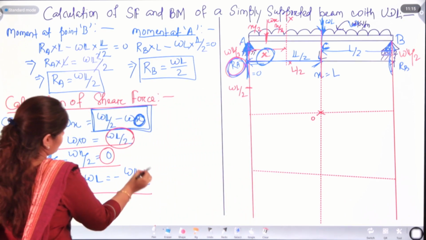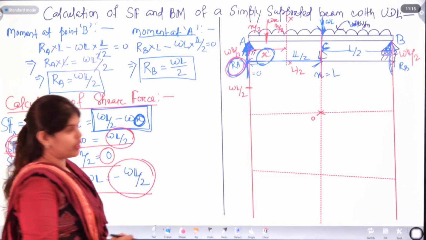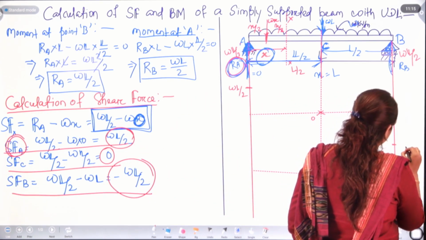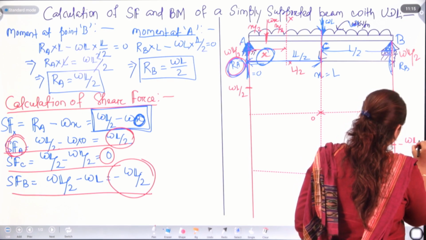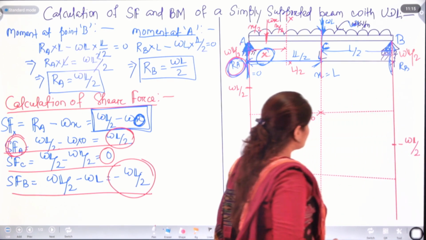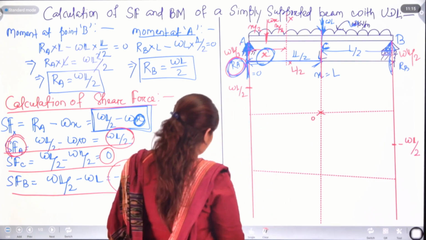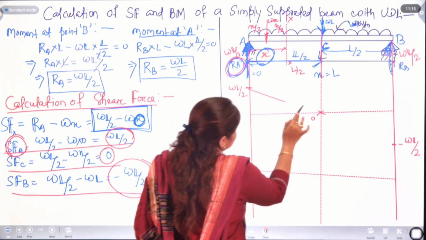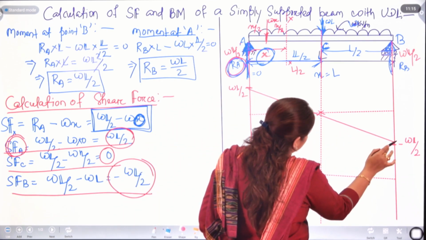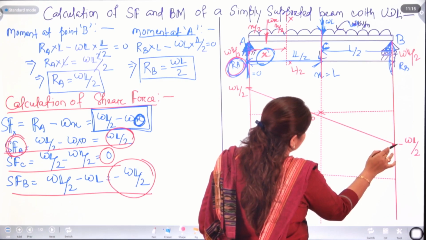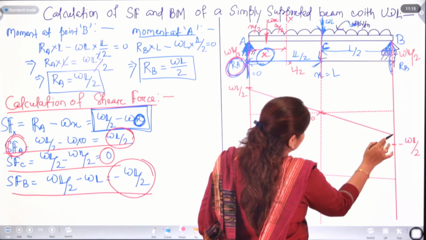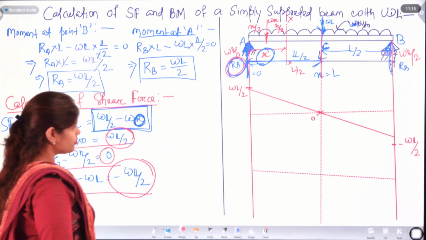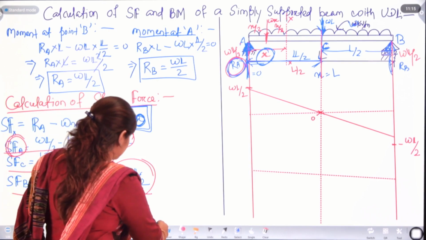And shear force at B is minus WL by 2. So, how to draw? Just need to draw it. It is the SFD,